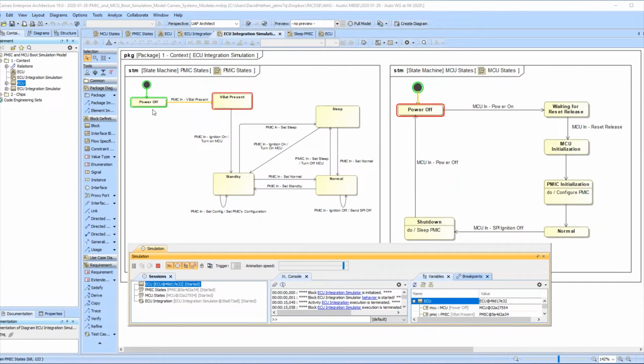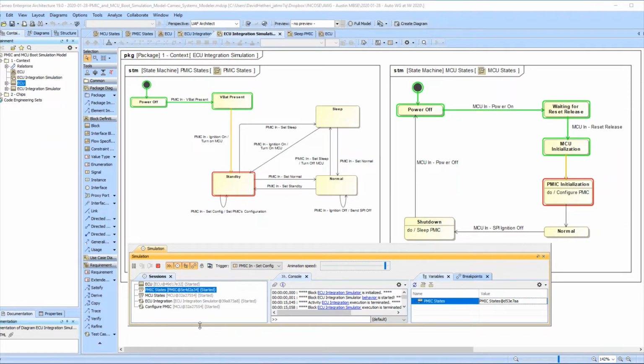These have been wired together in SysML, and we're going to run this simulation to see them handshake. So here we're starting the simulator, and we see it's created instances for the power management IC and for the microprocessor, and it's gone into the factory mode where the battery has been connected at the factory. So what we do is we go to the power management IC and we feed it the ignition on signal, and here we're going to see the two components step through the initialization sequence and eventually both end up in